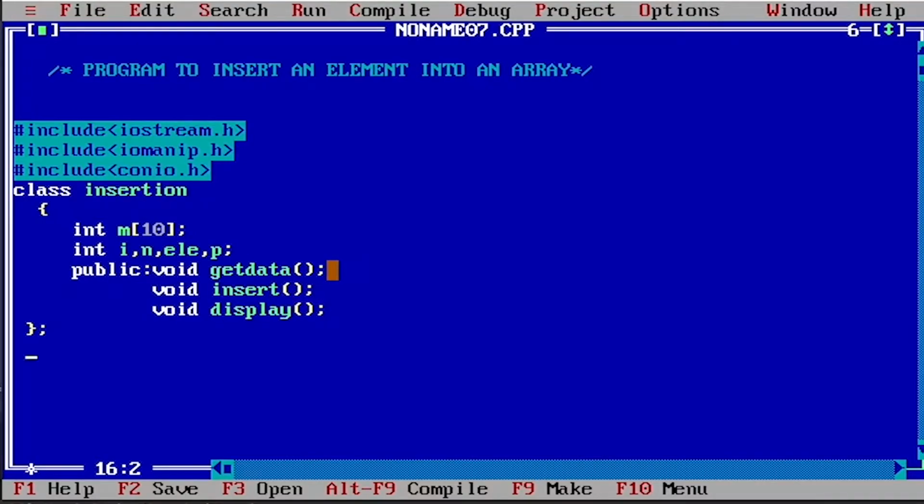First, let me take the first function, getdata. Getdata means providing the value for n and creating an array m of n elements. We also input the value for ELE and the value for position. Let us start with getdata. When you define a class member function outside the class, we have to use the scope resolution operator. The syntax is the return type specifier, then the class name,